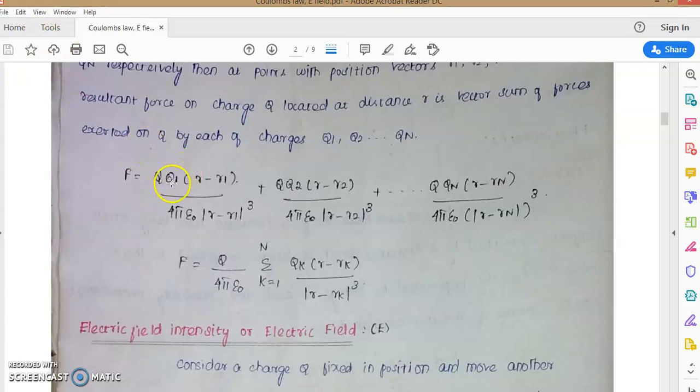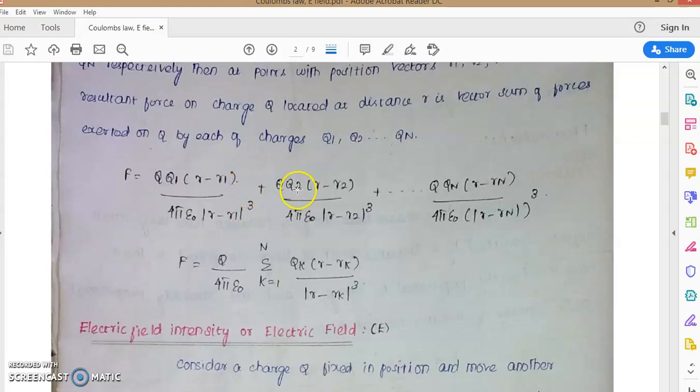First, the force on q due to q1. So I have multiplied the two charges, q1 q, into r minus r1. Why have I written r1 first? Since it is the force on q, we are starting from q. q's distance is r. So r minus r1, divided by 4 pi epsilon naught. Already r minus r1 squared will be there. Instead of the unit vector, again one r minus r1 will be there. So on multiplying this, r minus r1 the whole cube.